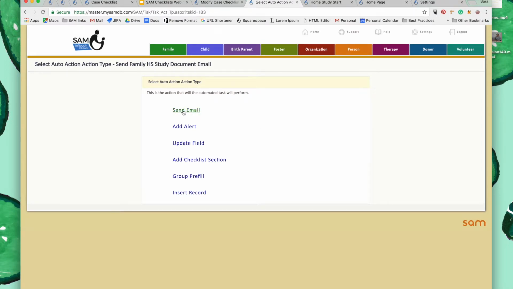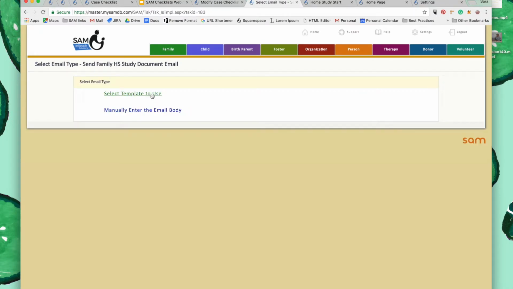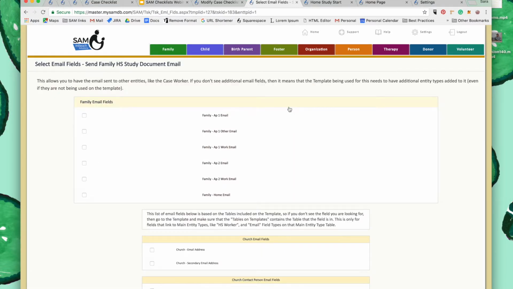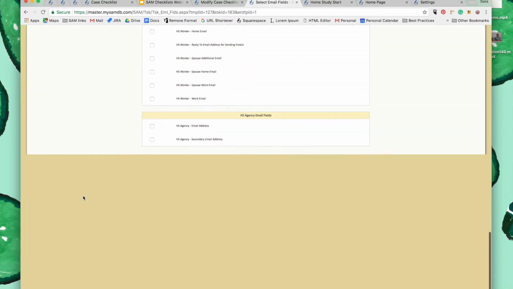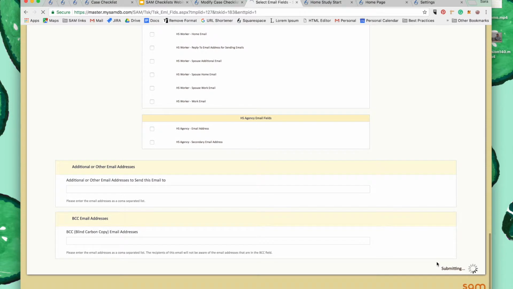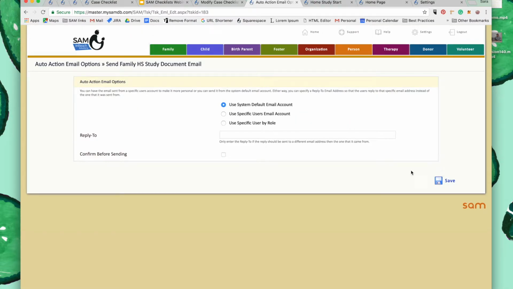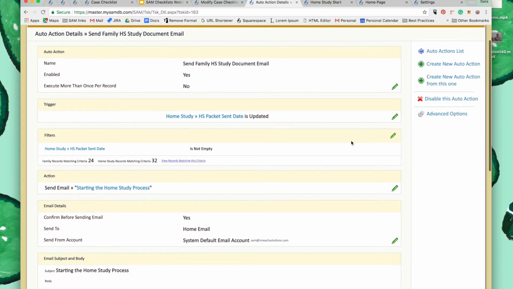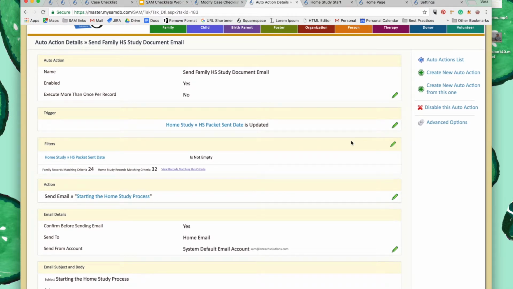I'm going to send an email to the family. I'll select my template. We'll send the home study start email to the family's home email address here. Hit save. And we'll go ahead and confirm so that way we can see it later when we're testing. So awesome, I have a home study email being sent to the family that'll give them a link right to